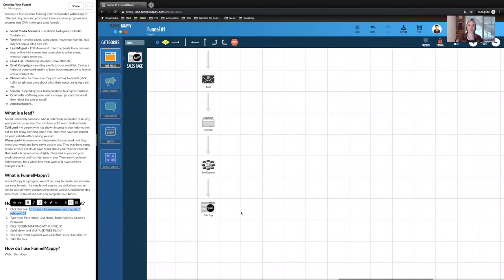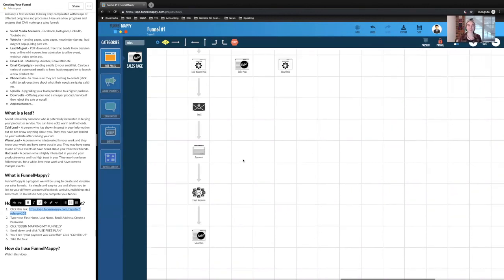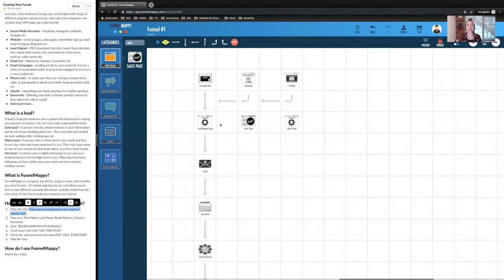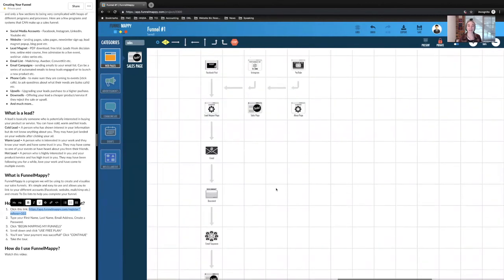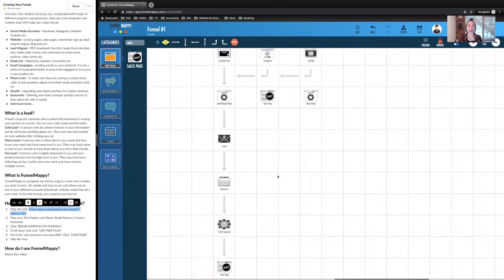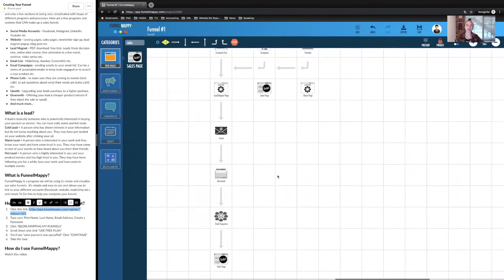Then you could put them through another funnel, which keeps them excited and happy and loving it, and they become a raving fan who invites all their friends to purchase your products and services because they love you so much. So this is a really basic funnel.